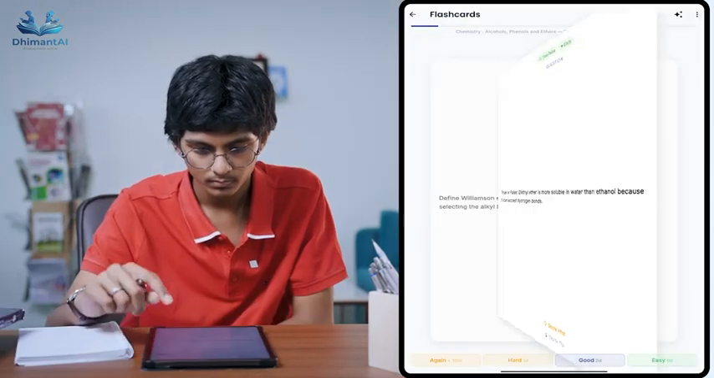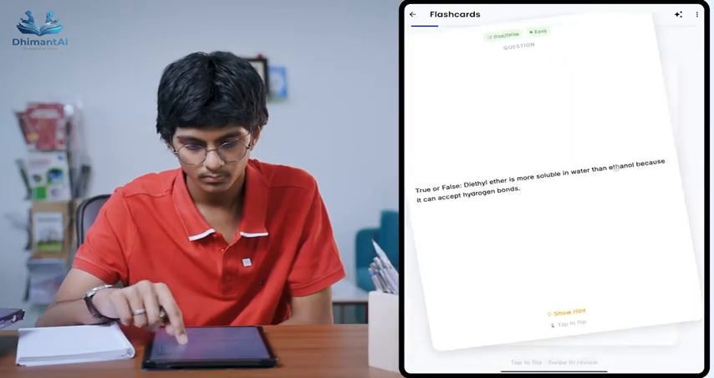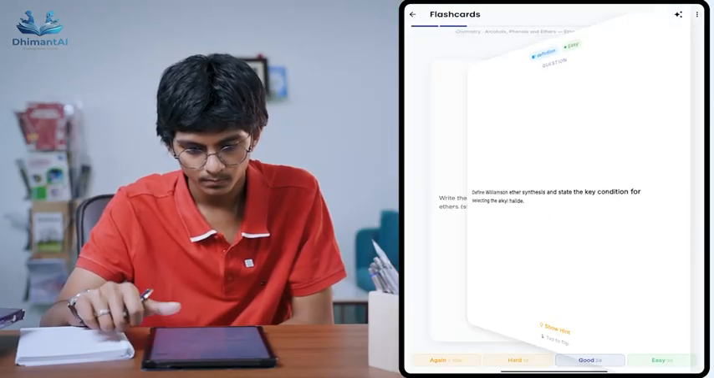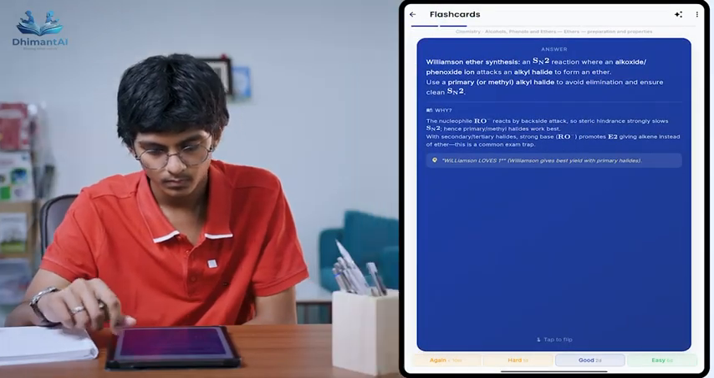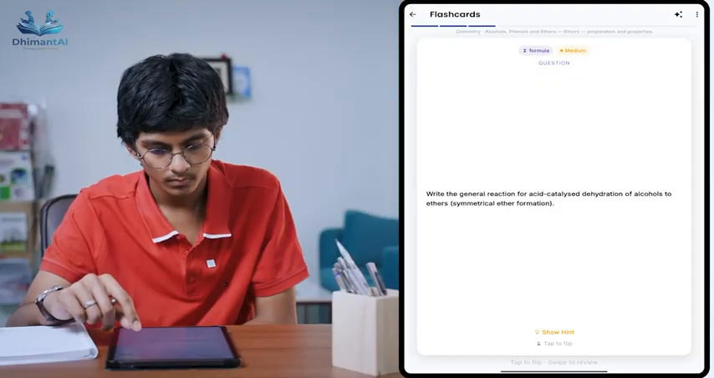And finally, before the exam, he quickly revises everything using flashcards created by Dhimant. From identifying learning gaps to understanding, practicing, explaining and revising,